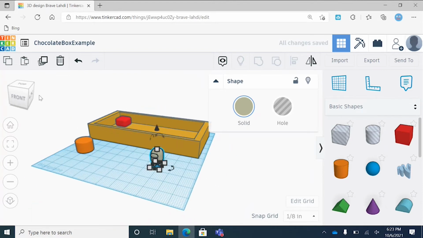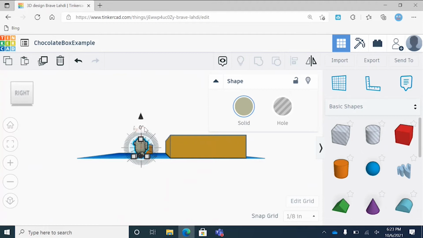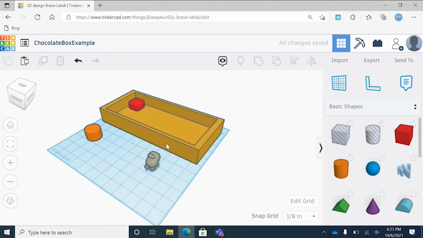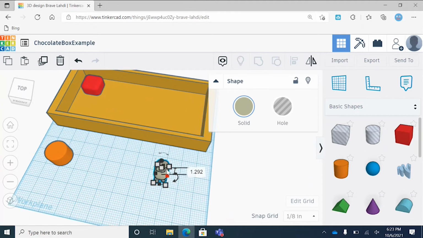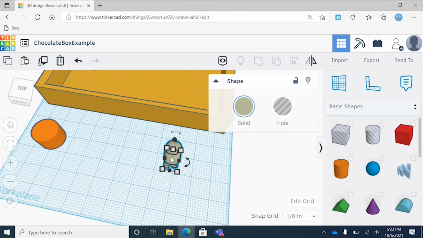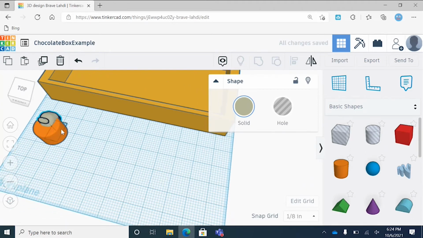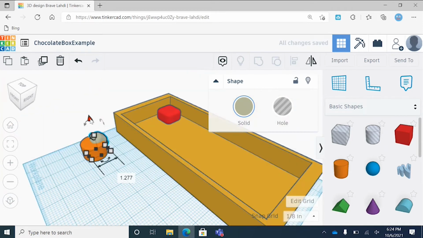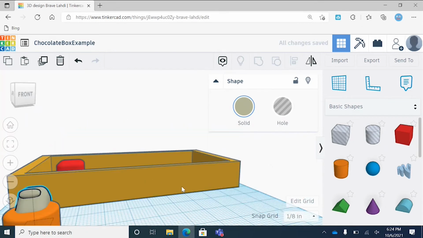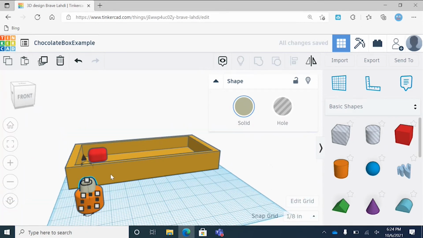And I'm going to go from the side view and then change this about 45 degrees so that you could just see the face of the Among Us character. And I'm going to place this as if it was coming out of the chocolate bag like that. Might even be able to make it a little bit smaller. Alright, so before I merge this